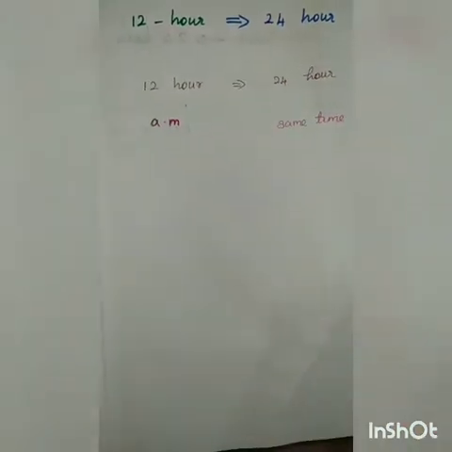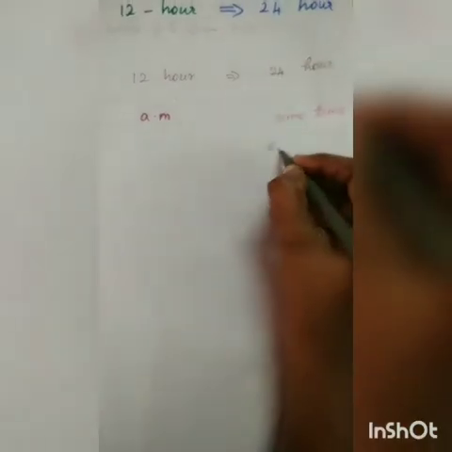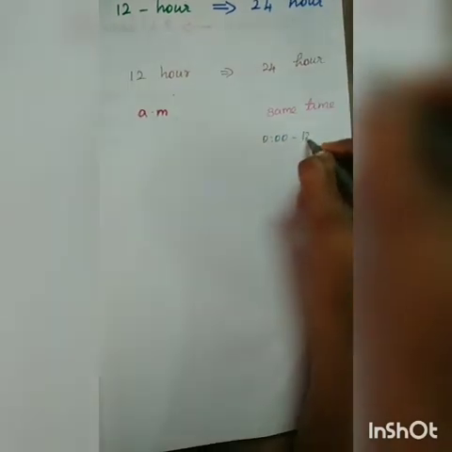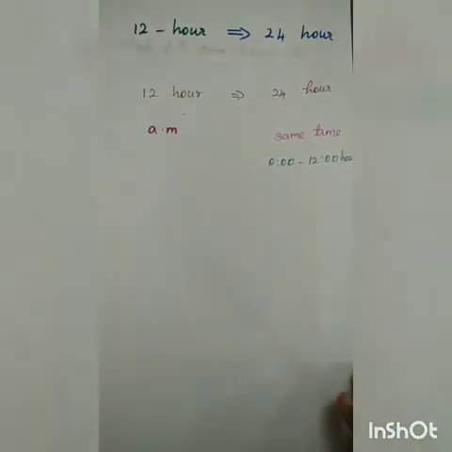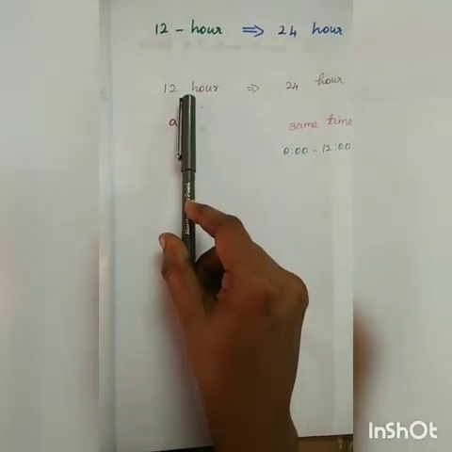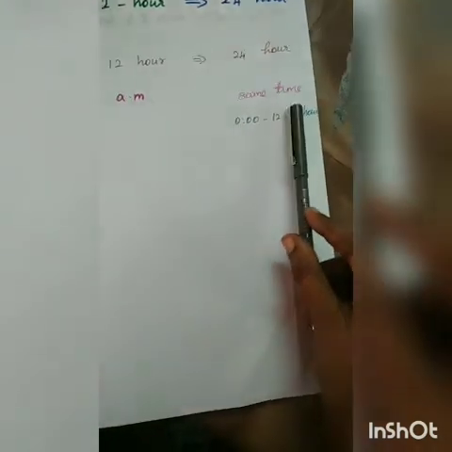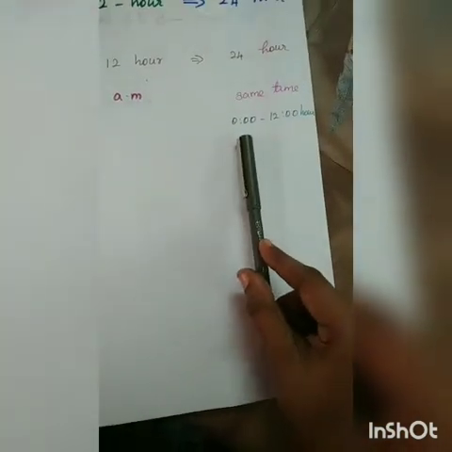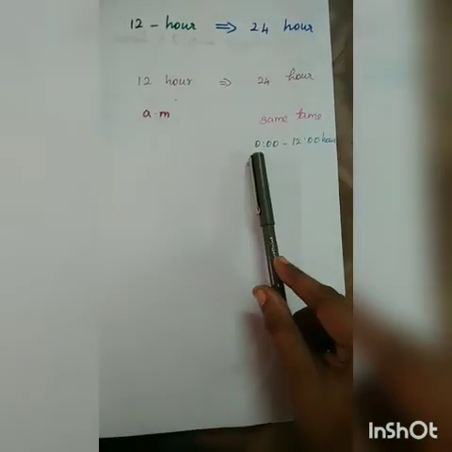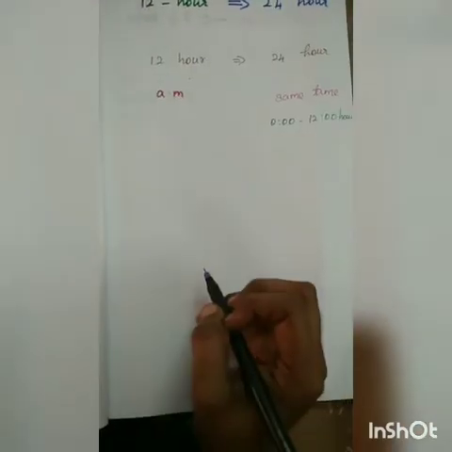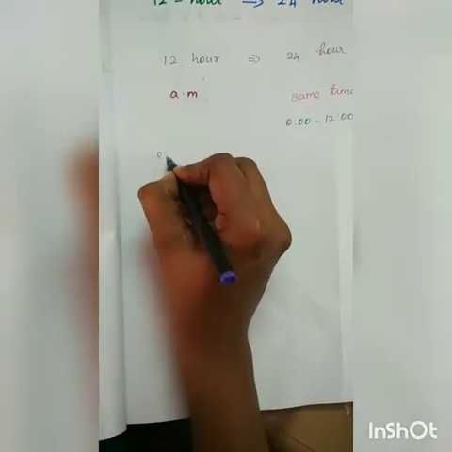For an AM time on the 12-hour clock, the time on the 24-hour clock is the same, for times from 0 to 12 hours. For example,